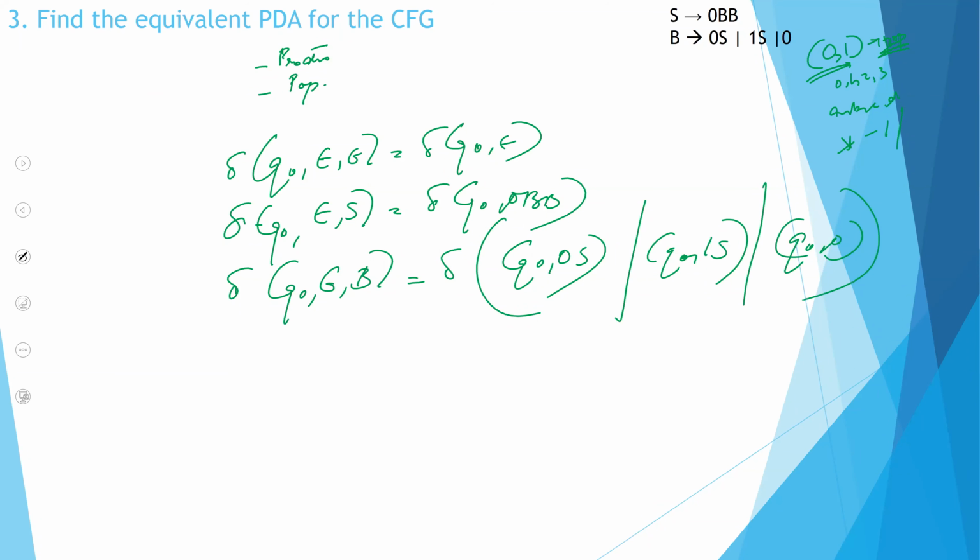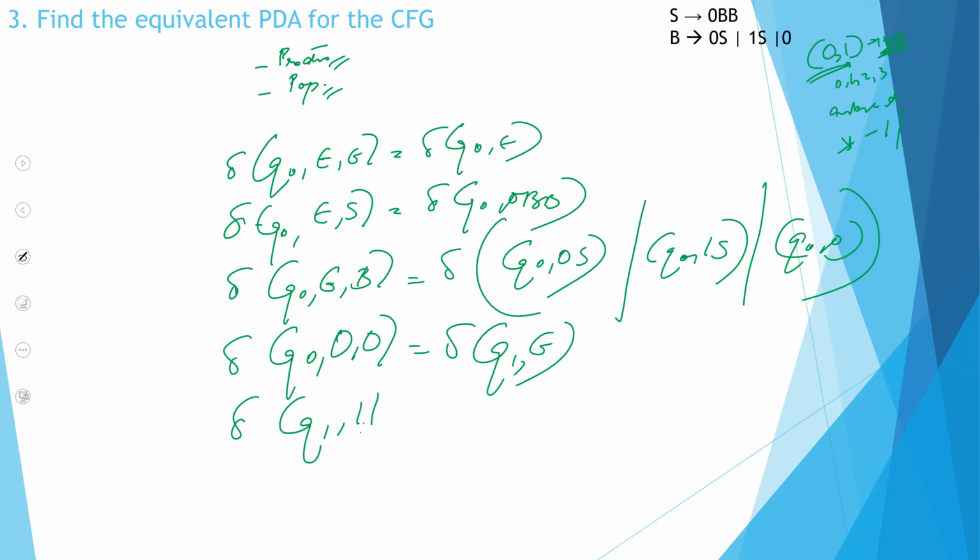Okay, so I've done with all my productions. Now I need to do with all my poppings. You can either pop a 0 or you could pop a 1. So it will be Q0. If I encounter 0, I will pop. If I encounter a 1, I will